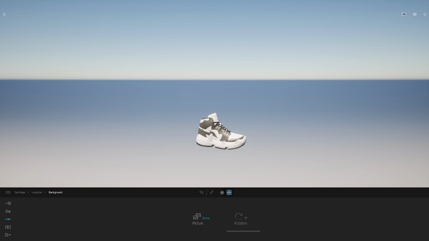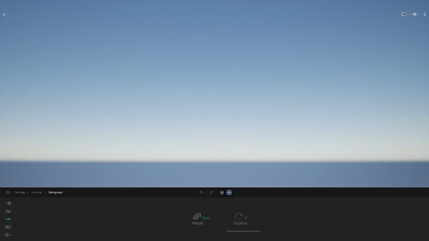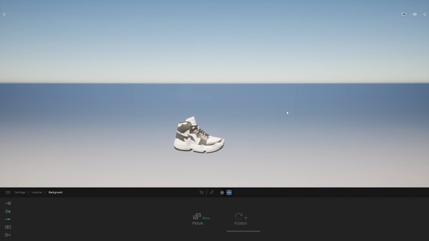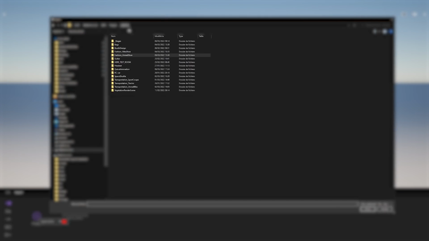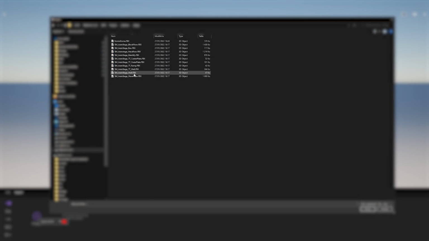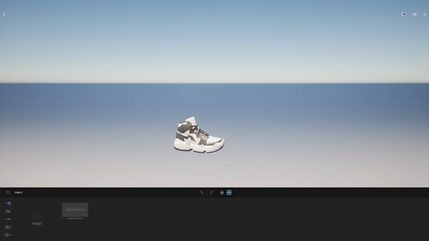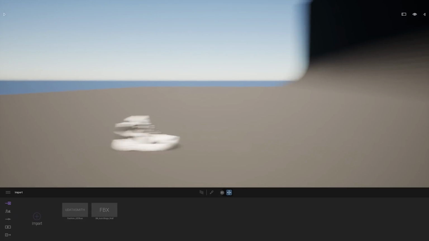Also, now what I don't need is that sky and that sharp line that you can see on the background created by the sky. For that, I'm going to simply load a backdrop. Going back to the import dock, clicking on import, and here I will load my geometry. My backdrop has been loaded.